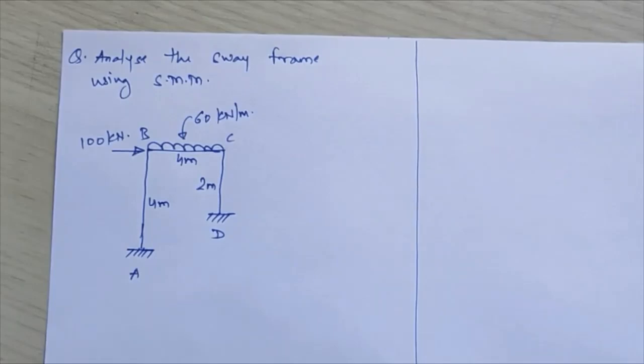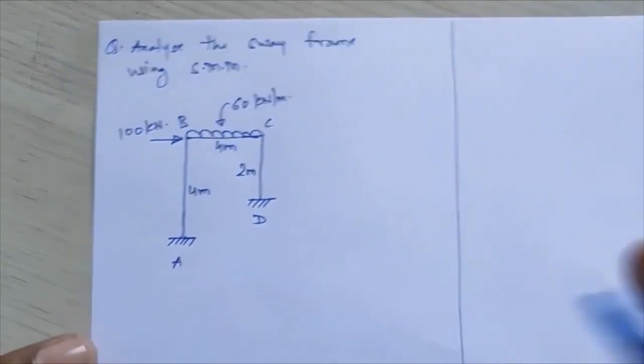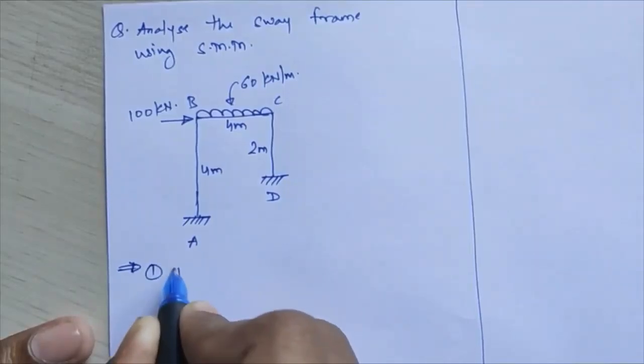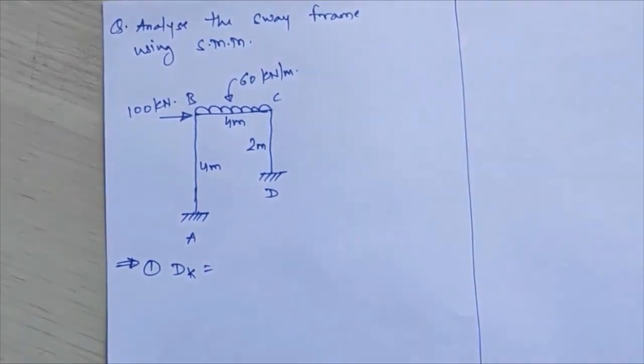In between span AB and span CD there is no loading provided to you. So you have to analyze this frame by using the stiffness matrix method. We'll start with that. The first step is to calculate the degree of kinematic indeterminacy, DKI. So for calculation of DKI,